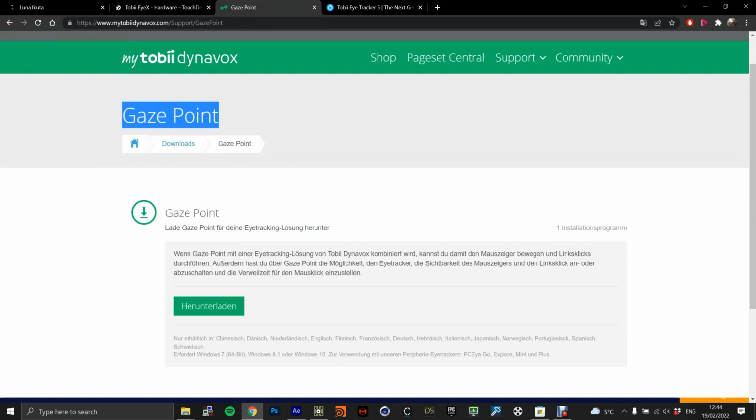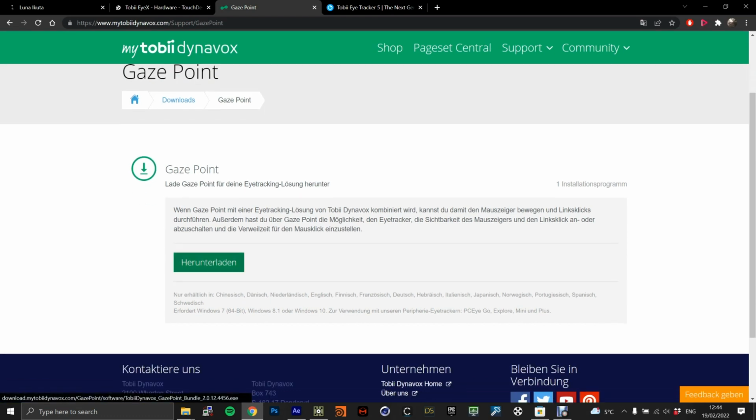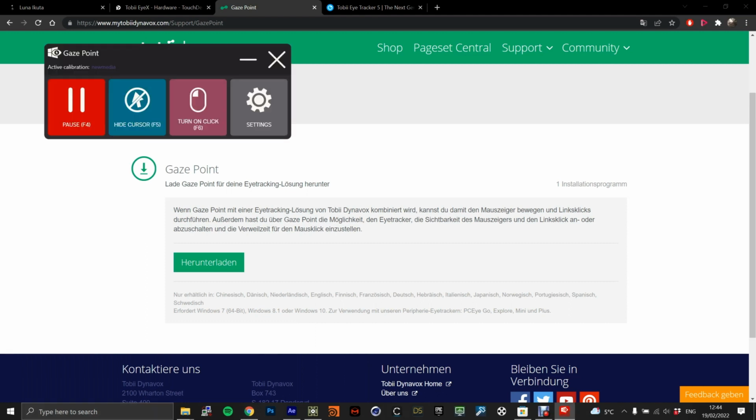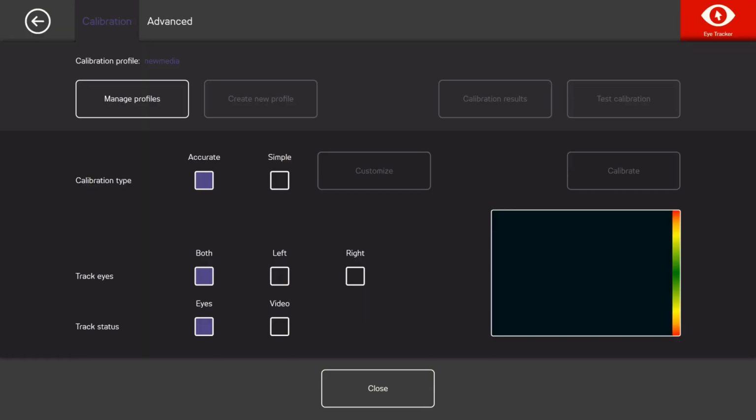called GazePoint. It's also from Tobii. It's really easy to download. You can get it here, and the good thing is if you open it, you can control the mouse just through your gaze. So wherever you're looking at, the mouse will go. You can even click if you're looking at something for a longer time. And the only thing you have to do is to calibrate this. But I'm not going to show you how to do this because it's very easy and